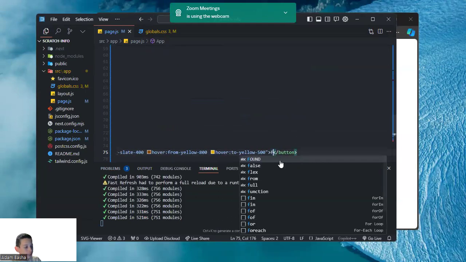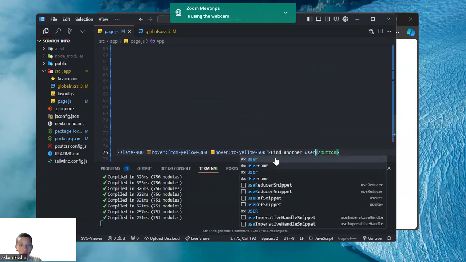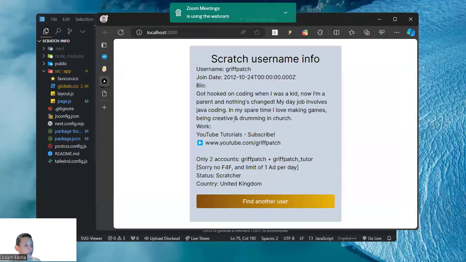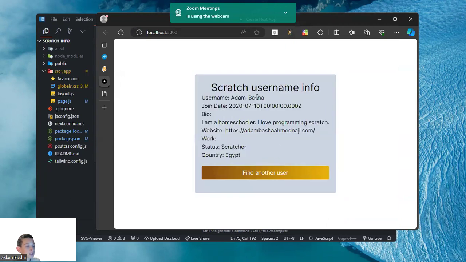And I can just say find another user, for example, and it's looking fantastic, and you can quickly find the engine. Let me add, in my username class, and you can see it's working and it's fantastic. But the date is not